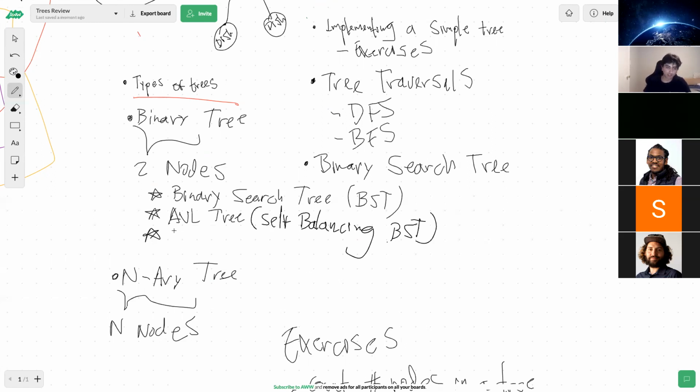Another type of tree is a heap, and they fall under the binary tree category. There is a min heap and a max heap. The max heap keeps the maximum, or the highest number, as the root.